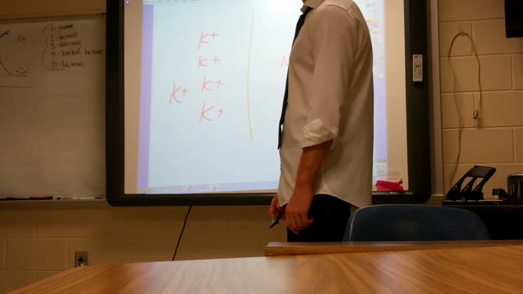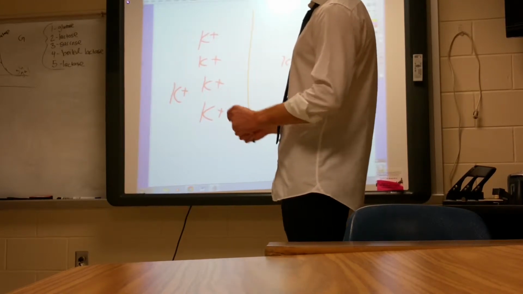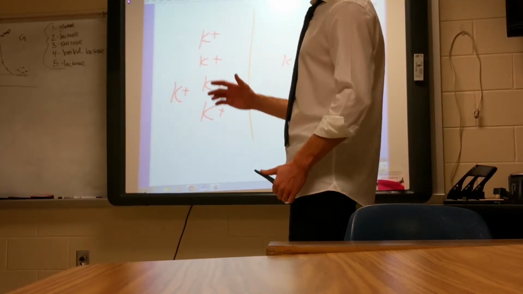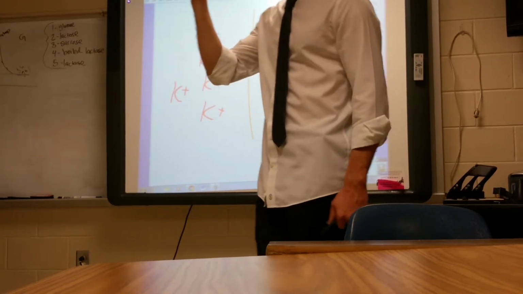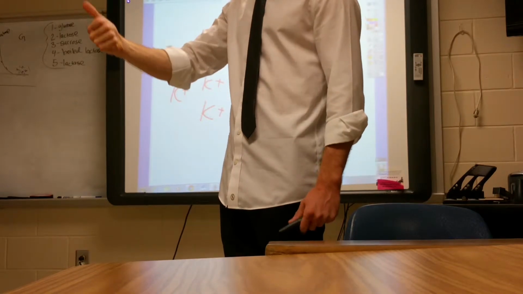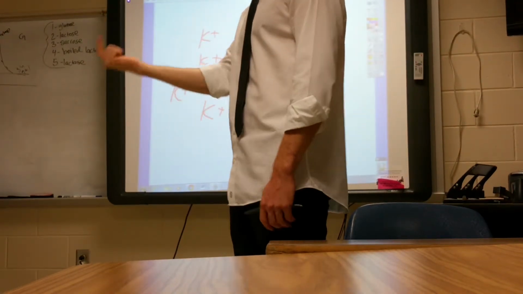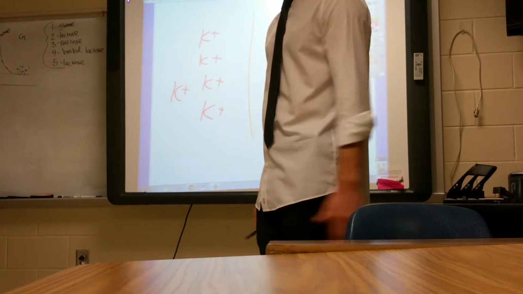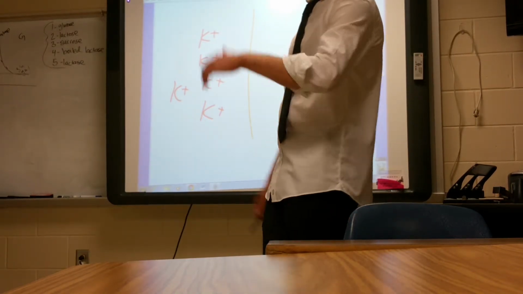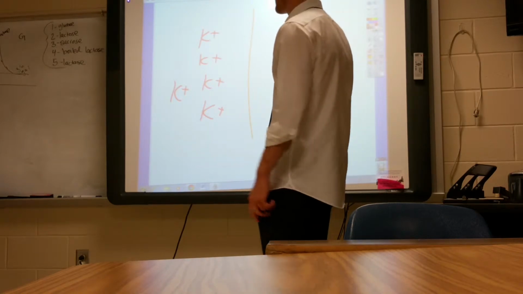An electrochemical gradient is a gradient that is established where both the concentration and the buildup of charge influence the net movement of the ions. So, to give you an example,